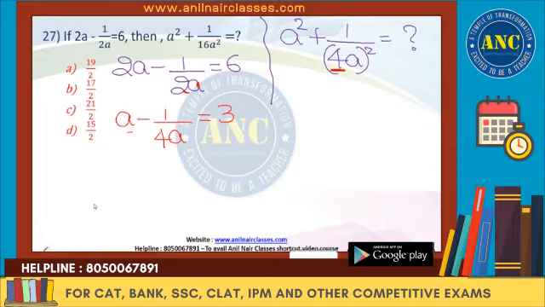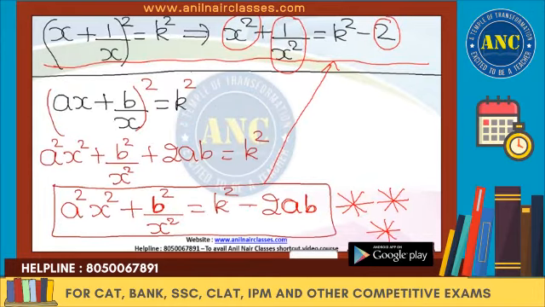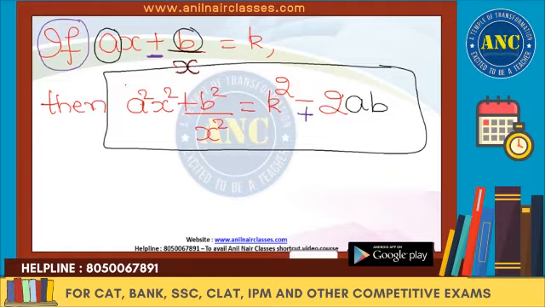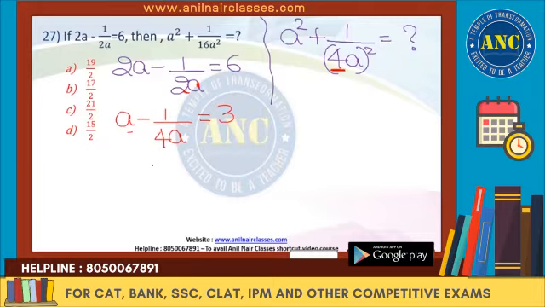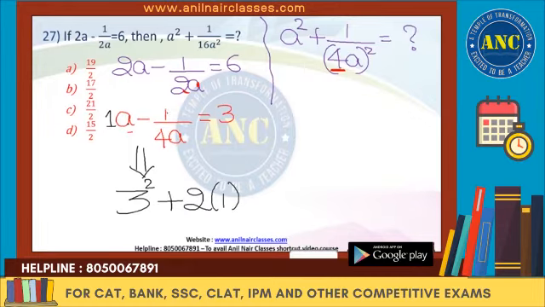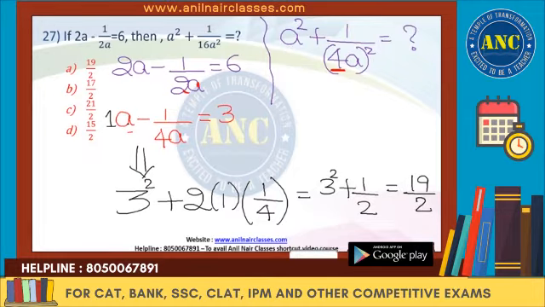Now this is exactly similar to what I have discussed just now. If ax minus b by x is equal to k, then a square x square plus b square by x square is k square plus 2ab. That means the answer should be k square, that is 3 square, plus 2 into a, where a is the coefficient of a, it is 1. B is the coefficient of 1 by a, so it is 1 by 4. So the final answer should be 3 square plus 1 by 2, that means 9 plus 1 by 2. 9 plus 1 by 2 is nothing but 19 by 2 should be the answer for